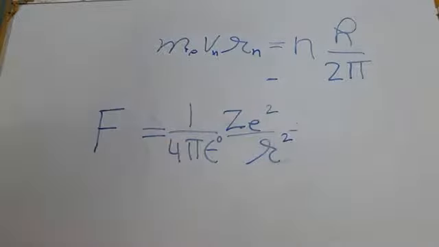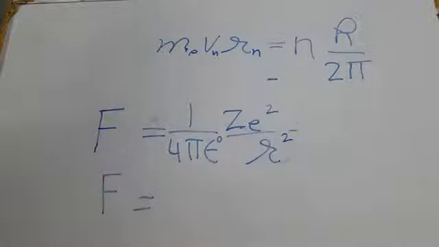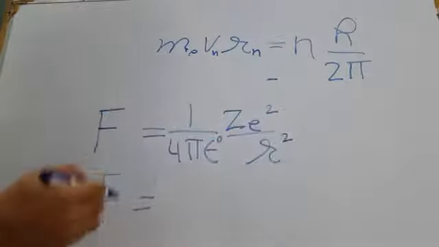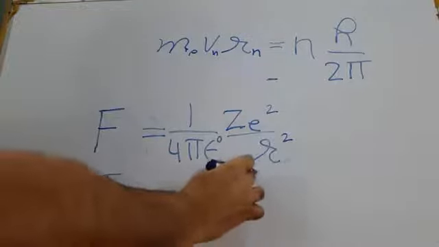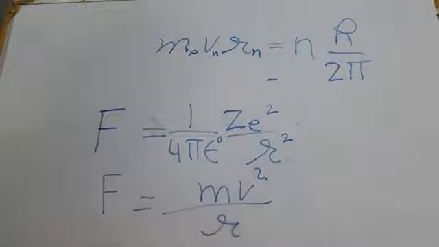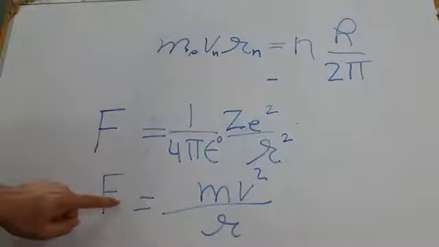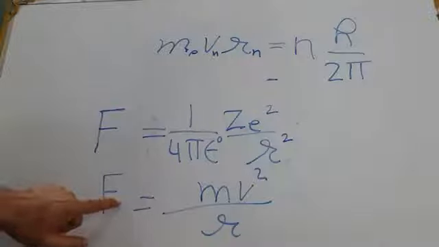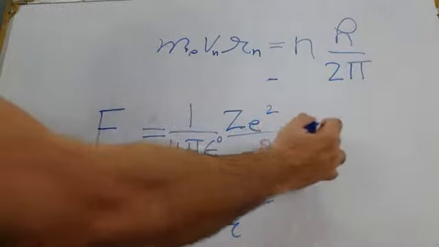That's Coulomb's law. And what's another law? The centrifugal force. This is the force of attraction. And centrifugal force is given by what? That is m v square upon r. Here this force must be equal to this force, then the electron would remain in the same orbit. Means this should be equal to